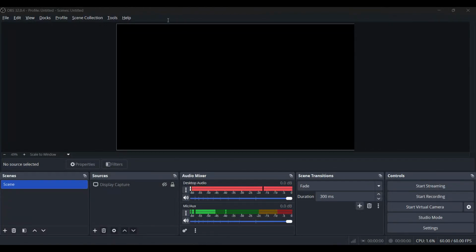In today's video, I'm going to show you how to improve your microphone sound quality in OBS Studio so your voice sounds clean, professional, and consistent without buying an expensive microphone. Whether you're streaming, recording YouTube videos, or making tutorials, these OBS audio filters can massively upgrade your sound in just